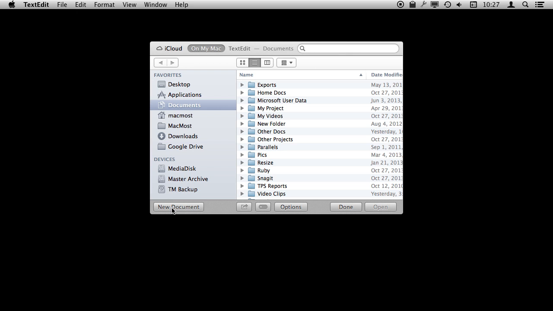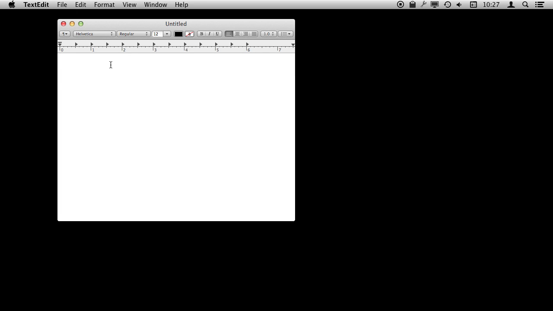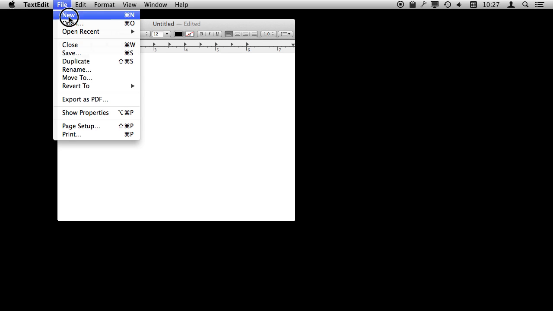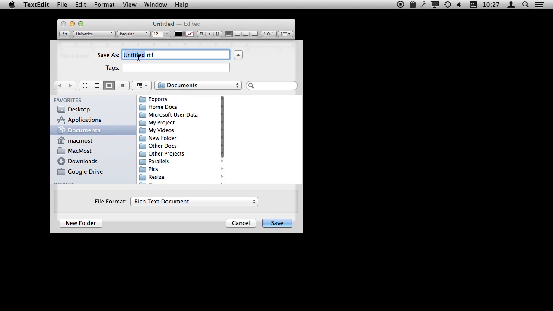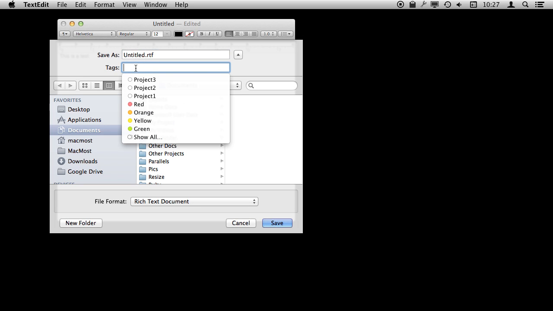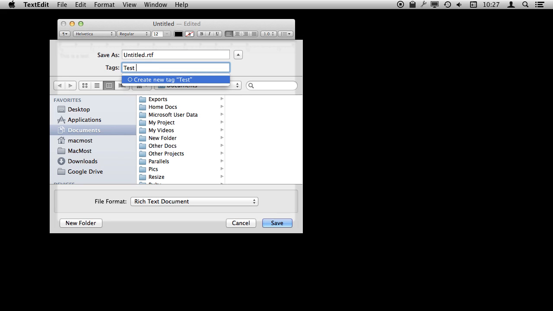So for instance, I'm going to run TextEdit here. I'm going to create a new document, and when I save the document for the first time it'll ask me to give a name and a location, but I can also add tags. So I've got tags here that correspond to different colors like red, orange, yellow, green. I've also created some different tags like Project 1, Project 2, Project 3. We can create a new one for this